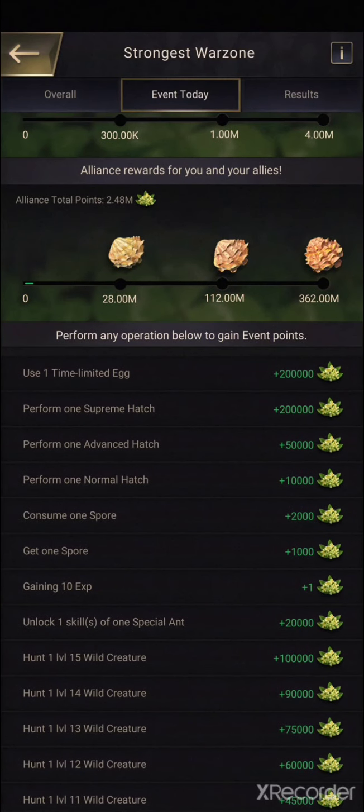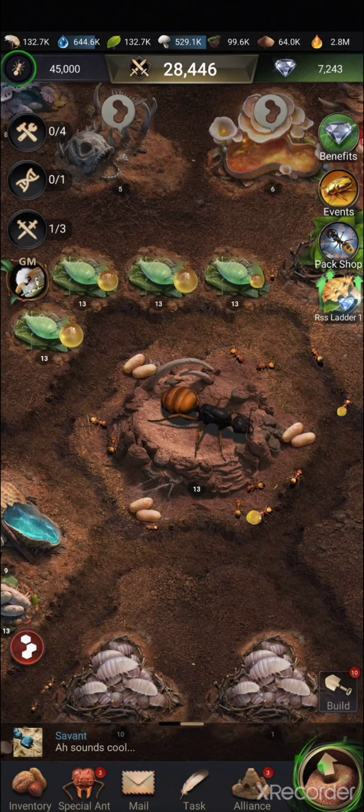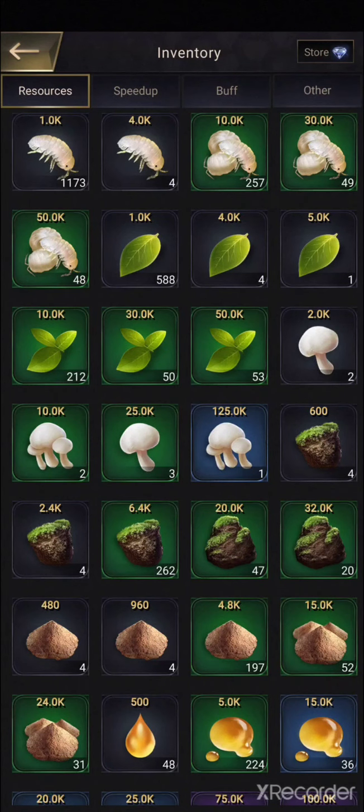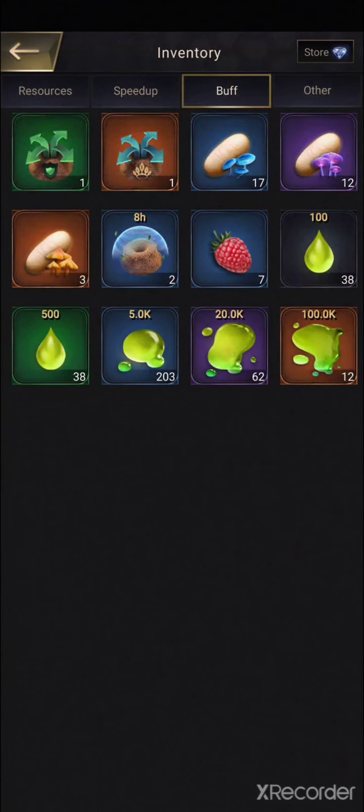So let's see what resources I have on my farm right now. In my inventory, I have got a very humble amount of resources here. A little bit of eggs, 12 purple eggs, 3 orange eggs, and just 17 blue eggs. I've got 7 raspberries. This is because the farm was sitting inside the main account getting built for a while,